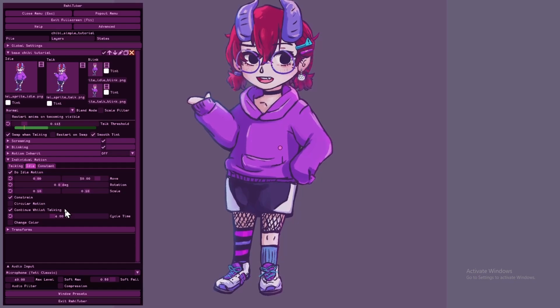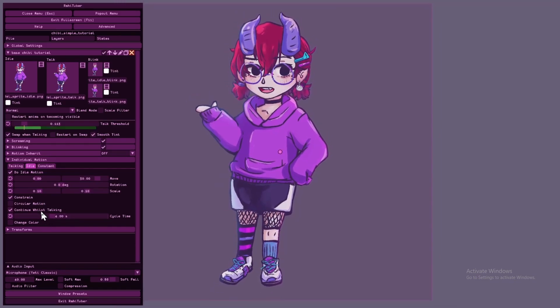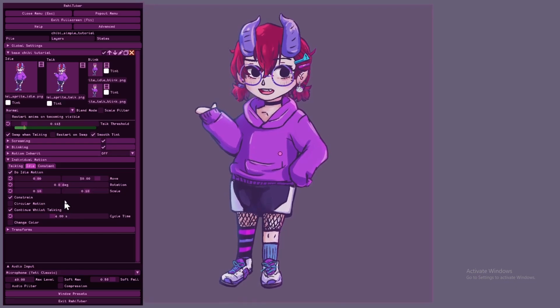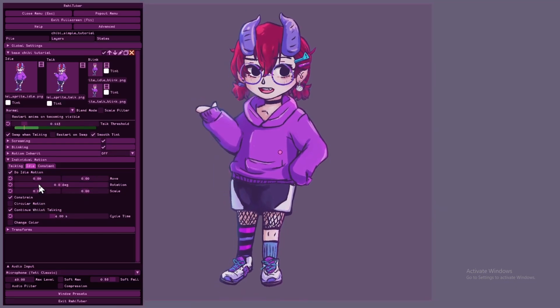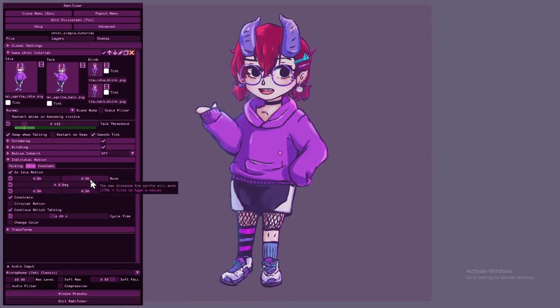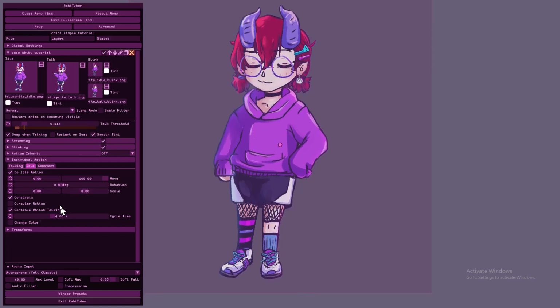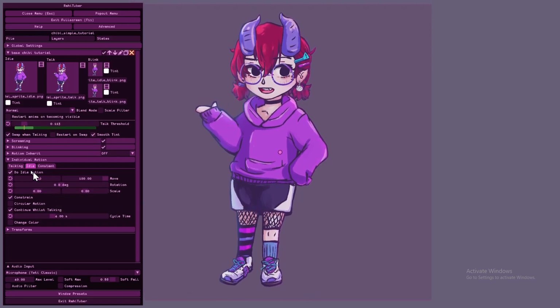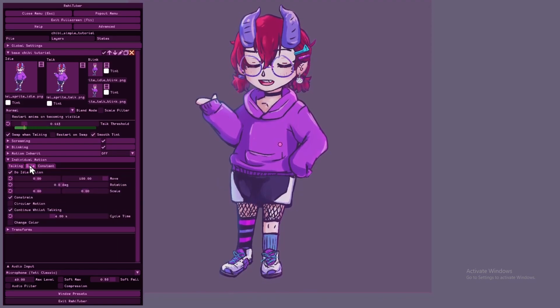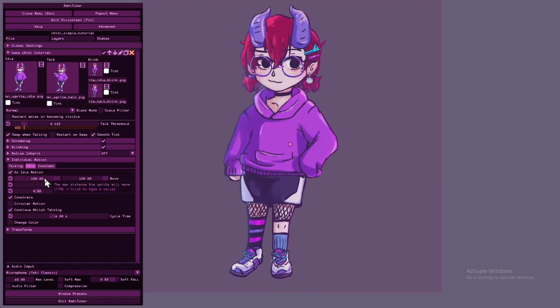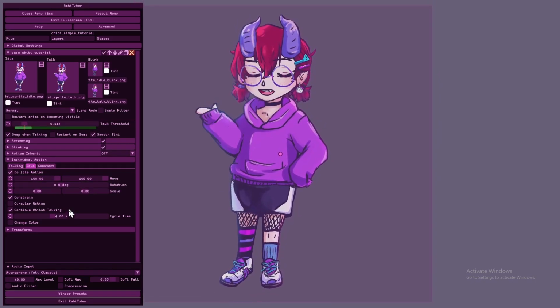So now when we have that toggled on, the breathe cycle, or whoops, the idle motion cycle continues even while I'm speaking. I went through and set everything to 0 so that we could change each value manually, and I can show you what some of these other settings do. So we already kind of saw what the vertical move does, but I will turn this up to 100 to demonstrate. And I went ahead and turned off the talking so that that wouldn't interfere with my demonstration.